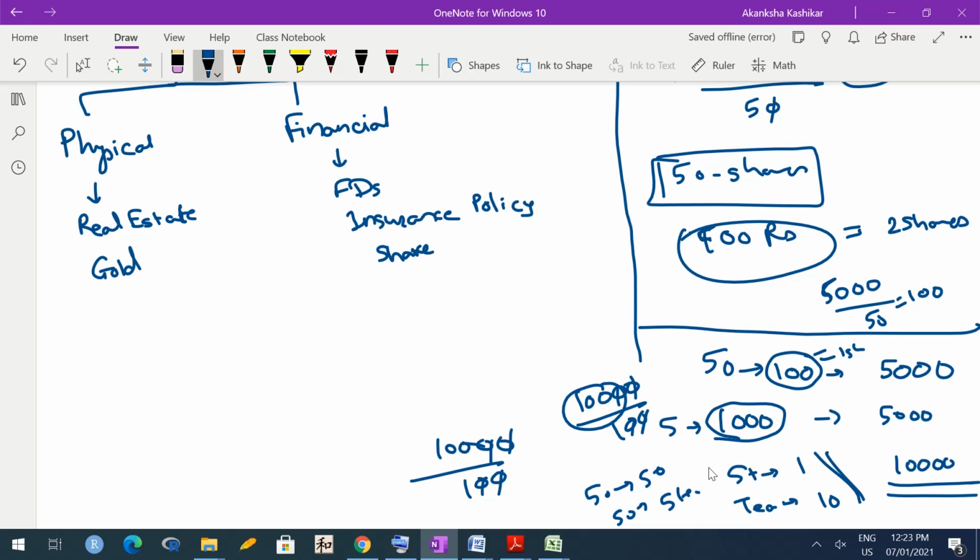Okay, so a share is a kind of part ownership of that company. Okay, and now what do you mean by trading shares? See, for example, right now you have partial ownership of this canteen, but once you complete your MSc, you may no longer want to have that ownership because you are not going to stay here, so you are not interested in getting profit from it.